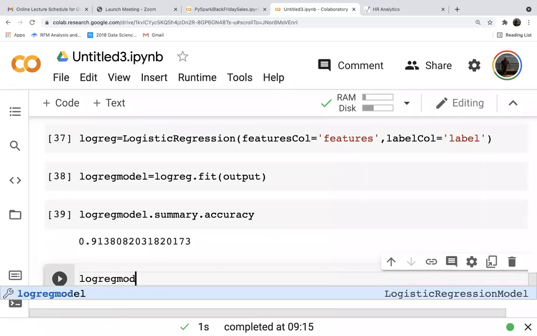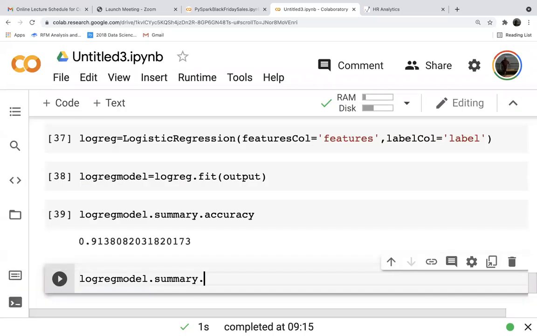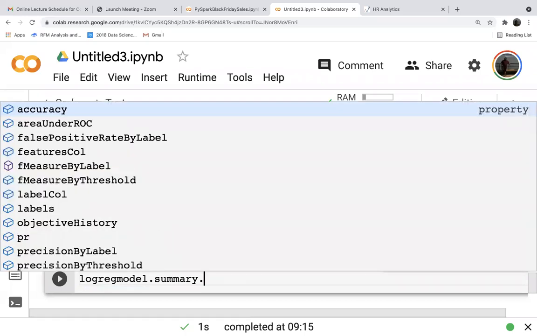So logreg_model.summary. What all do we have in summary? Accuracy. Oh, area under ROC is also given here. Excellent. AUC.